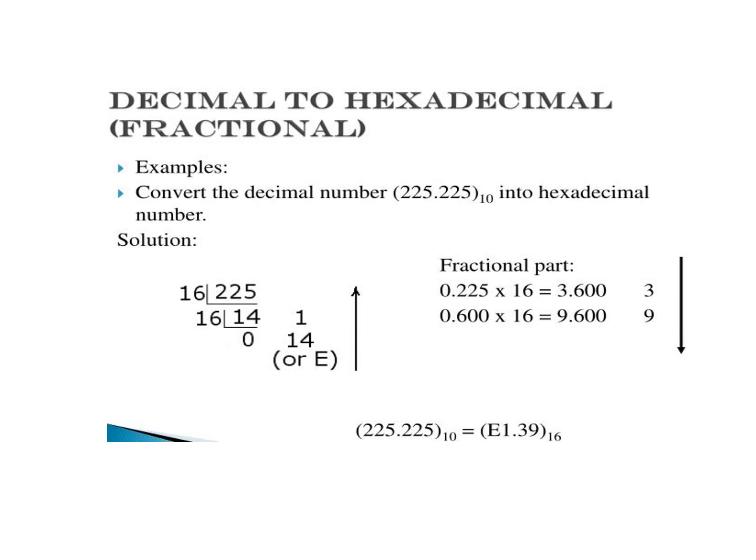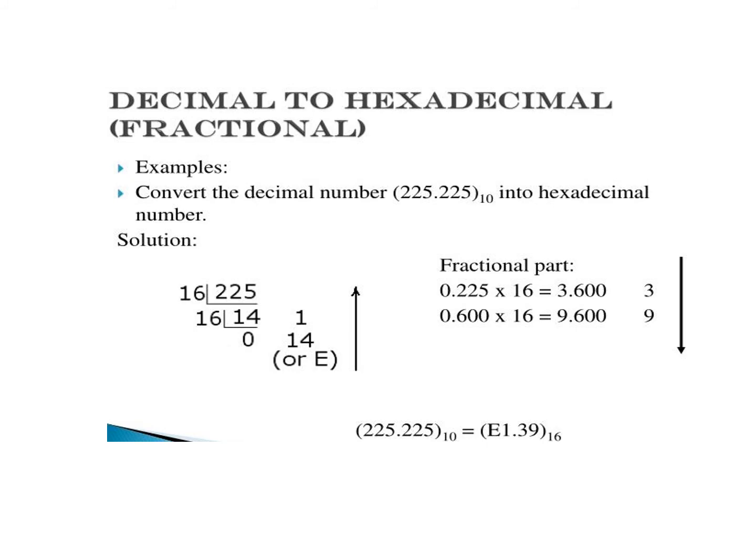Here we have an example of a fractional number also, for converting decimal to hexadecimal. So we have the number 225.225. For the part before the decimal point, the whole number is divided by 16, and the same process is followed as in the previous example we have done. So 225 is divided by 16 and the remainder is noted down. Again the quotient is divided by 16 and the remainder is noted down. Here we have the remainder 14, which is equivalent to E, and the remainders are noted from downward to upward, and then we have E1.